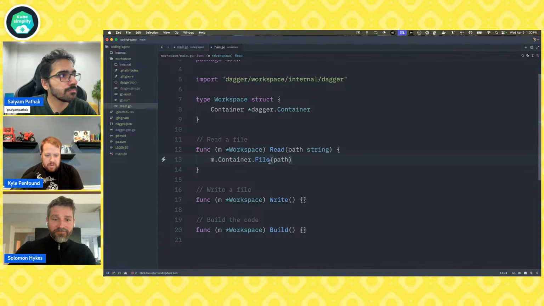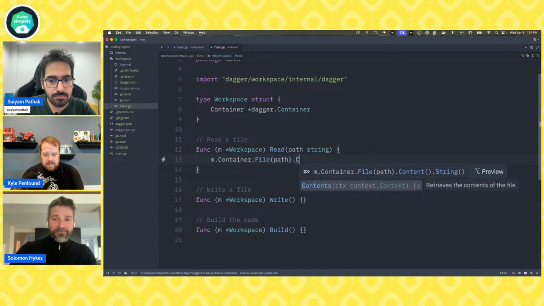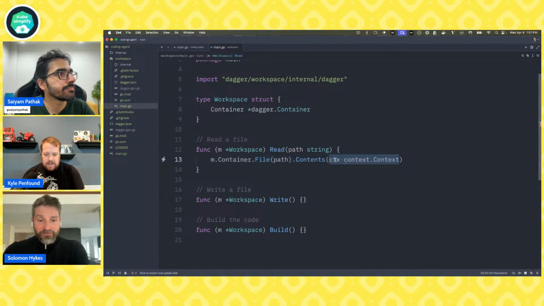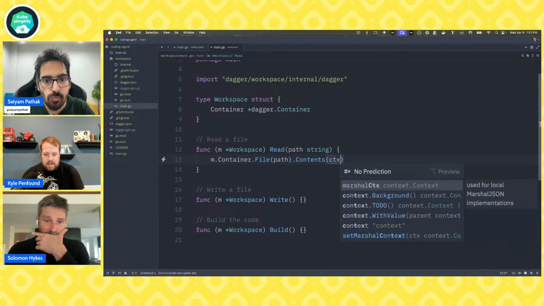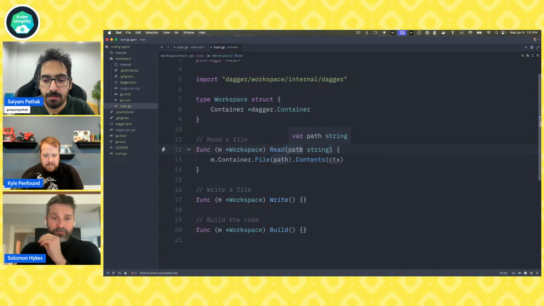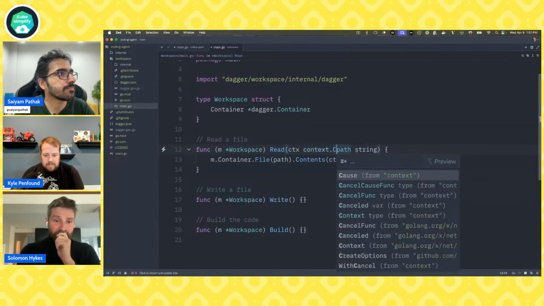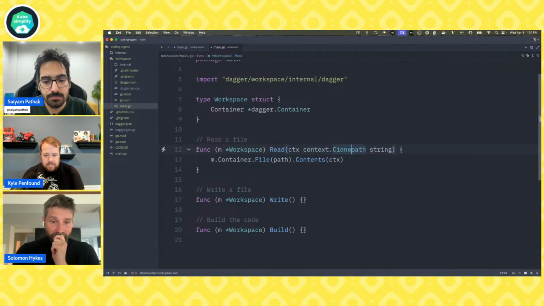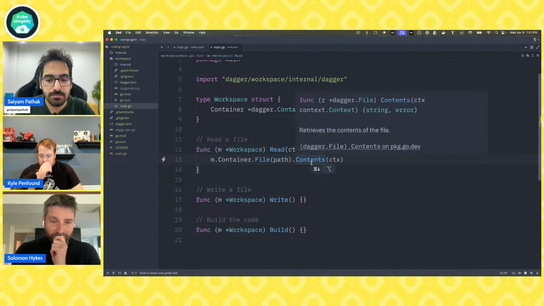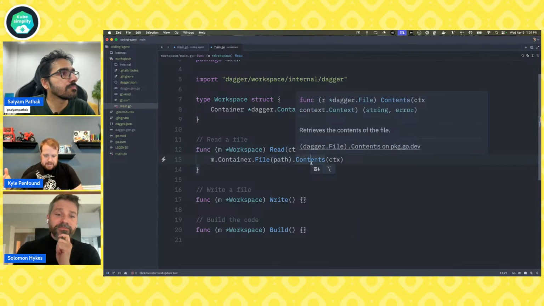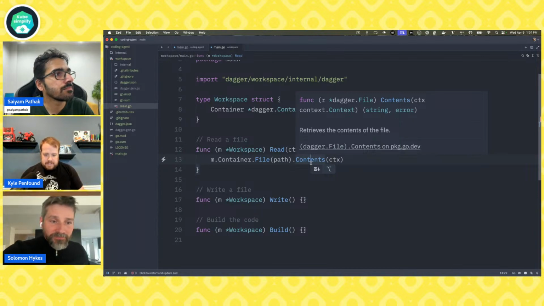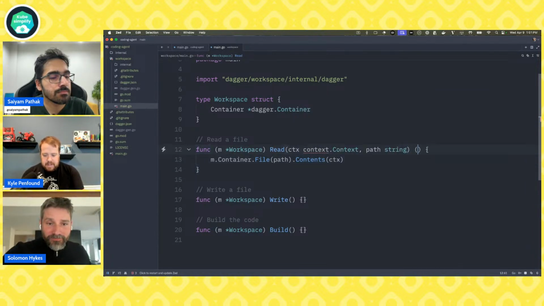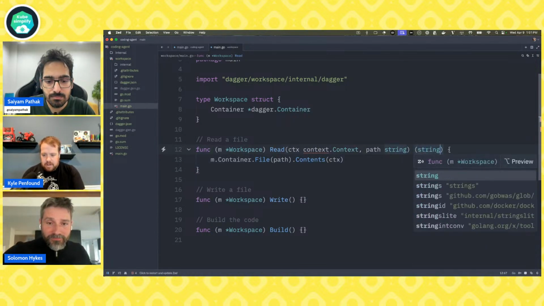We have a file at that path, and we want to give the caller back the contents of the file. That takes in a context because it's Go. So we'll do that, which means we need another argument. And this returns a string and an error. If it fails, we'll get an error back, but if it's successful, we'll get the string contents of the file. So that's what our function is going to return as well.